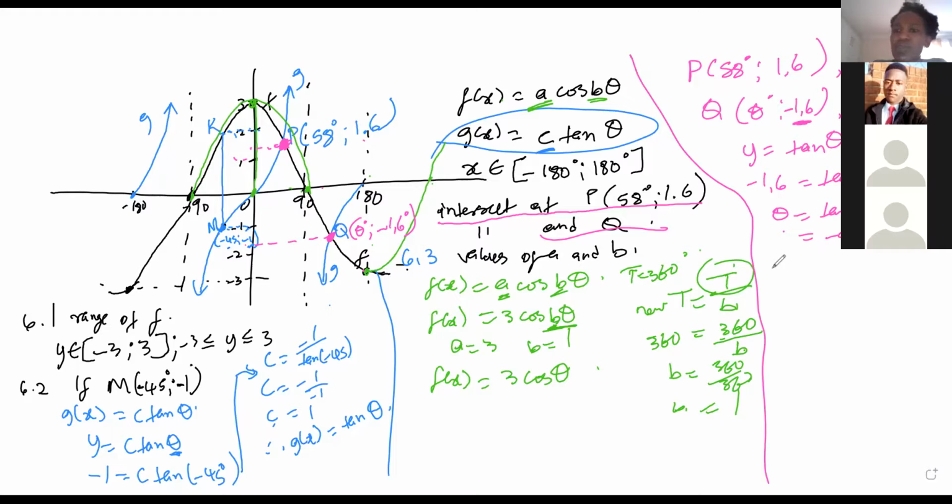Let me see if I use the other one, the f function. This was 3 cos theta. I had negative 1.6 is 3 cos theta. That means cos theta is negative 1.6 over 3. Then what is theta? Inverse cos of this over 3. So it doesn't matter which one you use. So let's see. Inverse cos of negative 1.6 over 3,